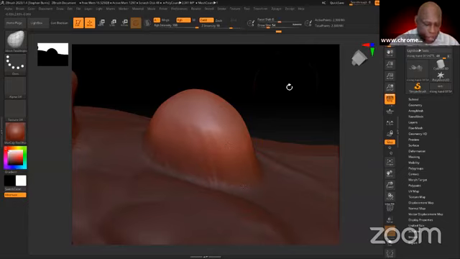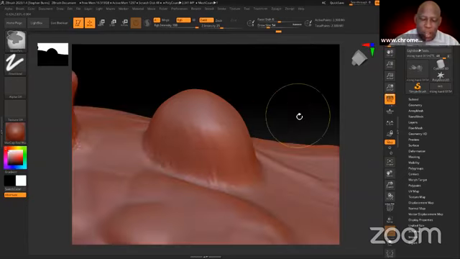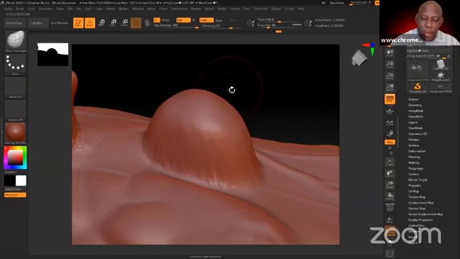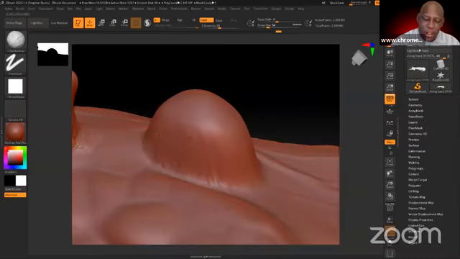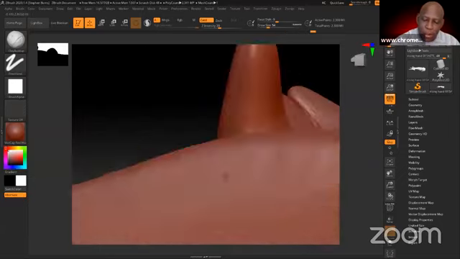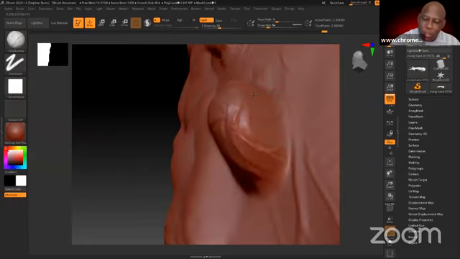Now, once I get this, Control key again, which is our shortcut for the mask, click and drag it, it goes away. Now I can go back to what? My clay buildup brush, right? And continue working. So if I start using the clay buildup brush, I can build this up at the top, right? It's 3D for sculptors.